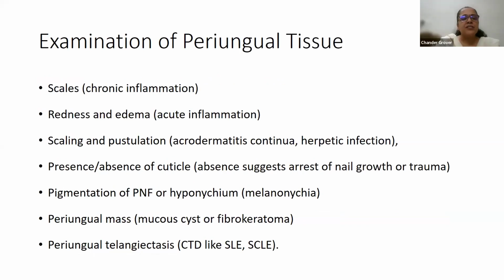Periungual tissue examination should be to pick up all the clues which you pick up on skin examination. For example, scales, redness, edema, pustulation, cuticle specifically examine for it, pigmentation, any periungual lesion, or periungual prominent vessels like telangiectasia. This is the site which is most affected in CTD, in connective tissue disorders, especially systemic sclerosis. And this is the area which is going to show you maximum changes in the